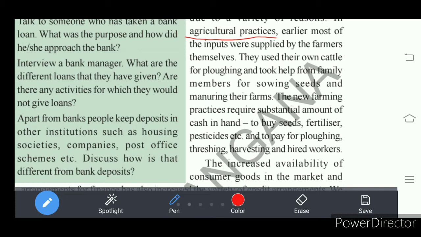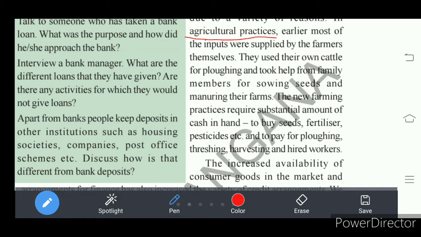So for different economic activities, people take a loan, that is what we call credit. Earlier most of the inputs were supplied by farmers themselves. They used their own cattle for ploughing and took help from family members for other agriculture work like sowing seeds